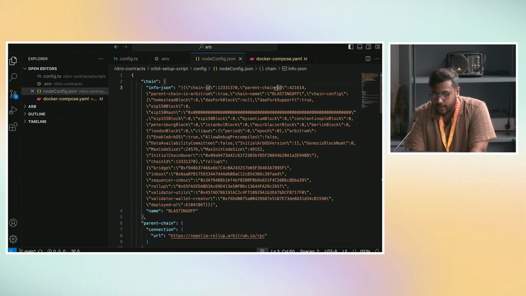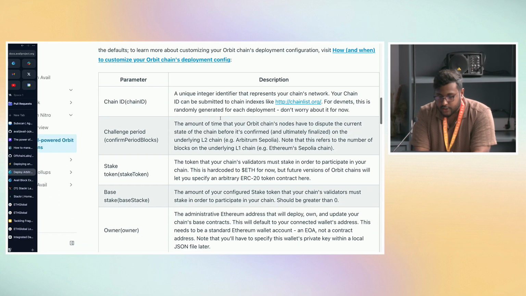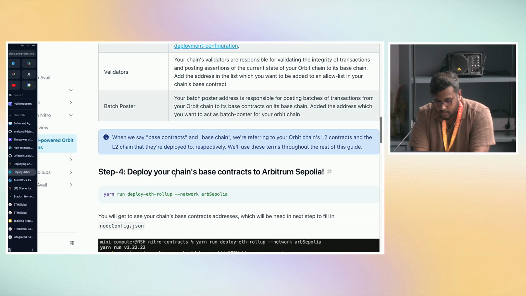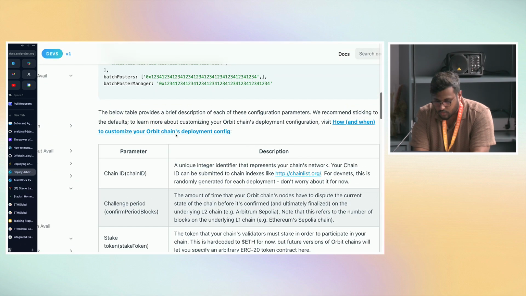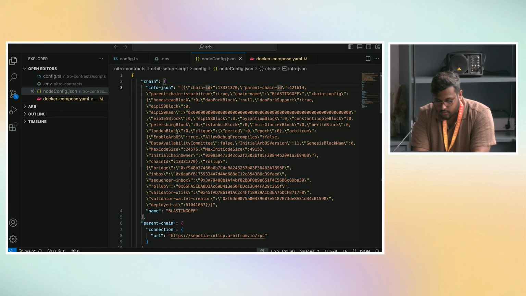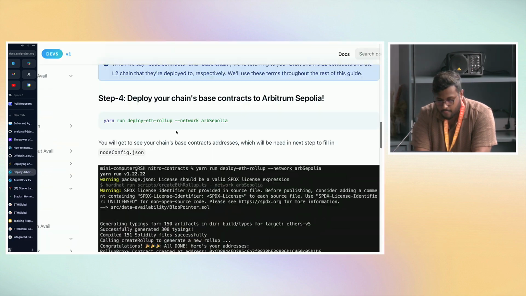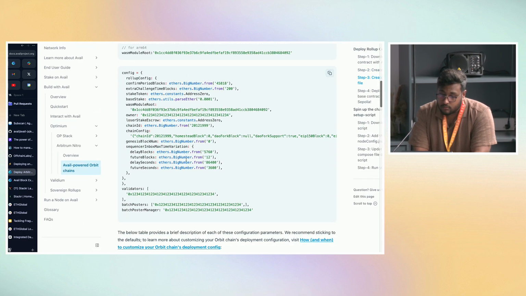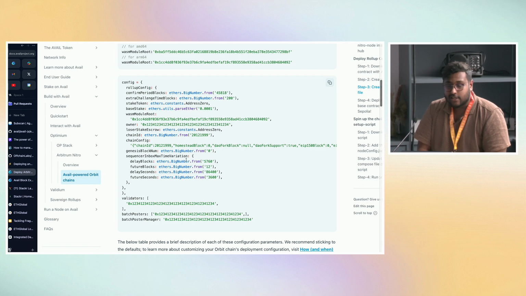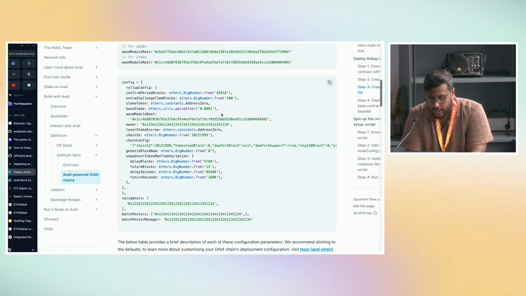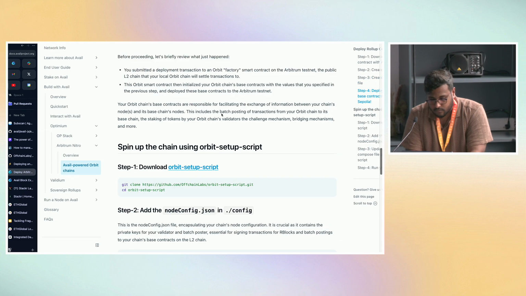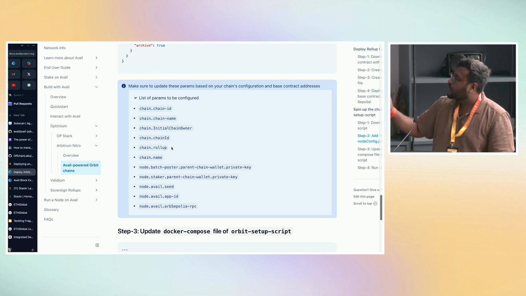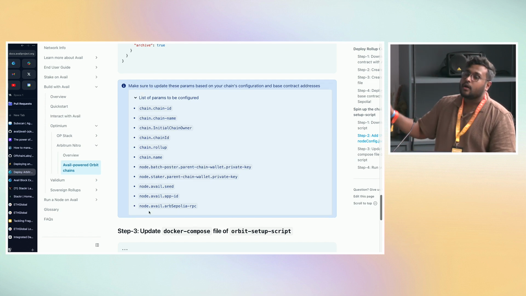You need to also add in some of the other important information that is defined. It should be defined somewhere here. Let me check. No, not this. Okay, anyway, I think there was a change in the docs, but anyway, if you actually go through, yes, sorry, my bad. So in that config file, you need to change these things based on the contract